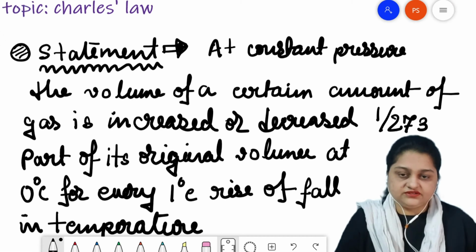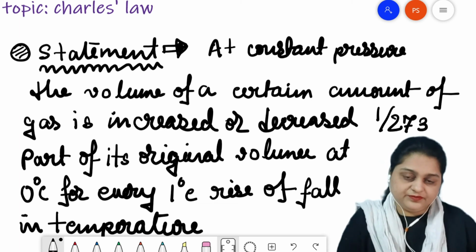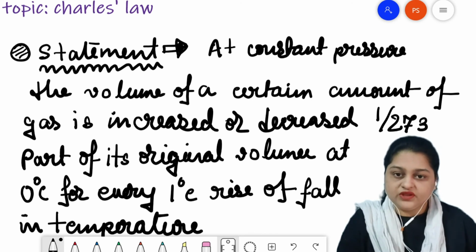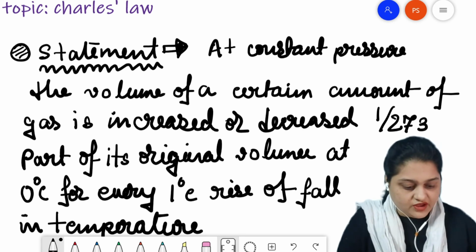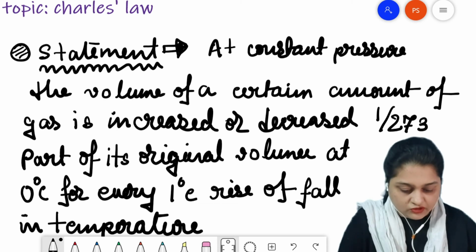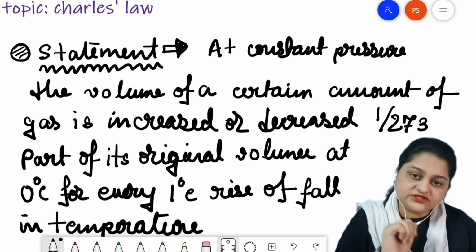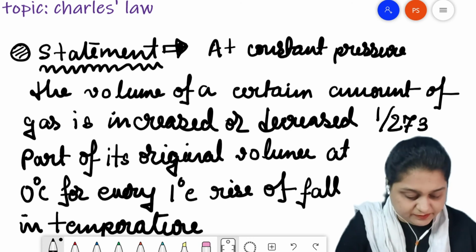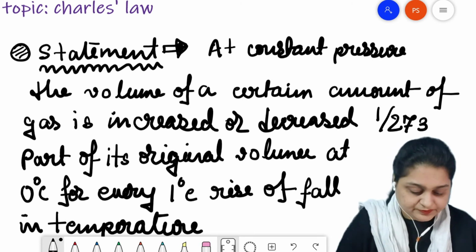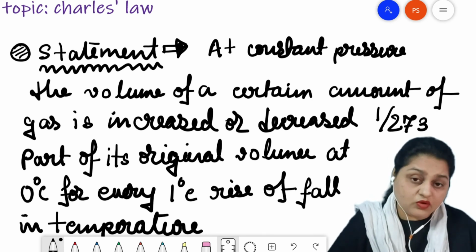Scientist Charles studied the relationship between the volume of the gas and the temperature of the gas, and he found some observations. He stated the observations in the form of a law known as Charles' law. It says that at constant pressure, the volume of a certain amount of gas is increased or decreased by 1/273 part of its original volume at 0 degree Celsius temperature, with each rise or fall in the temperature. Now, what that means is that